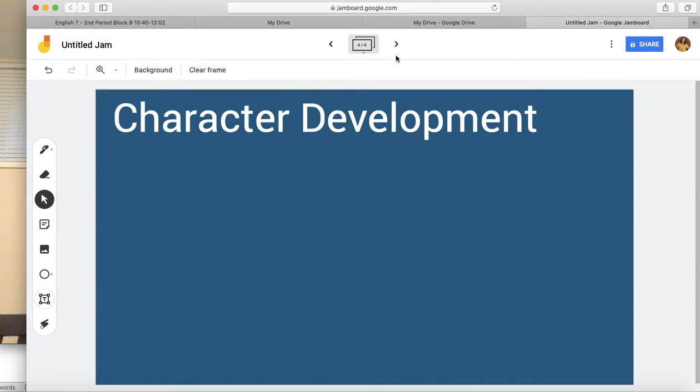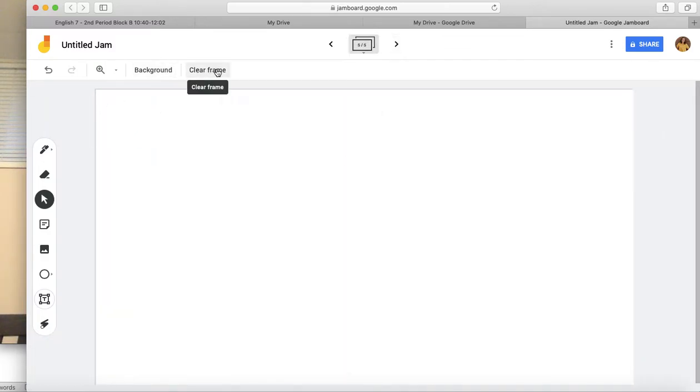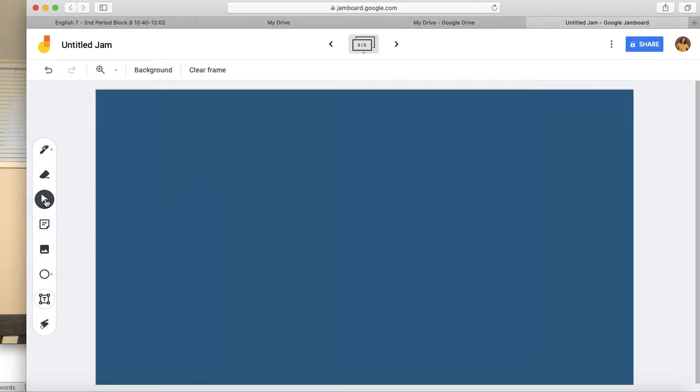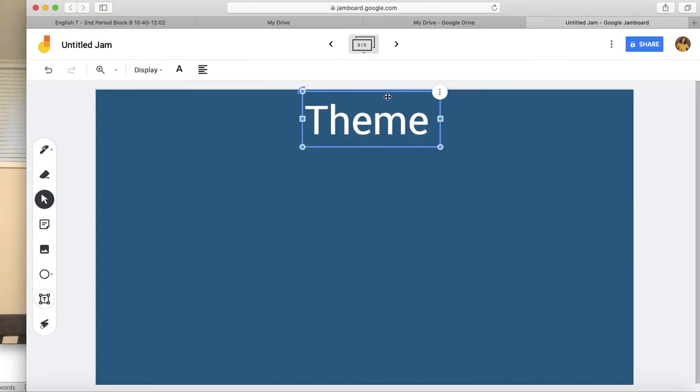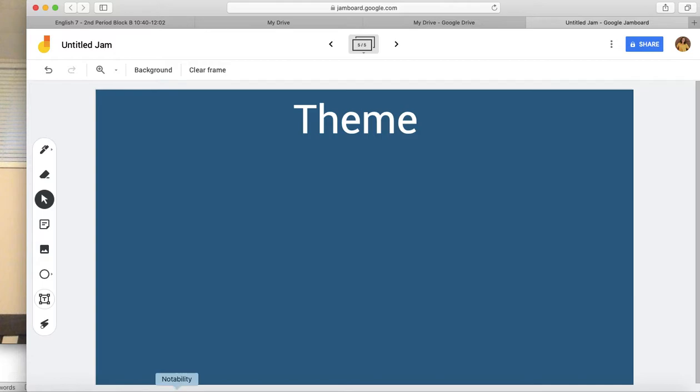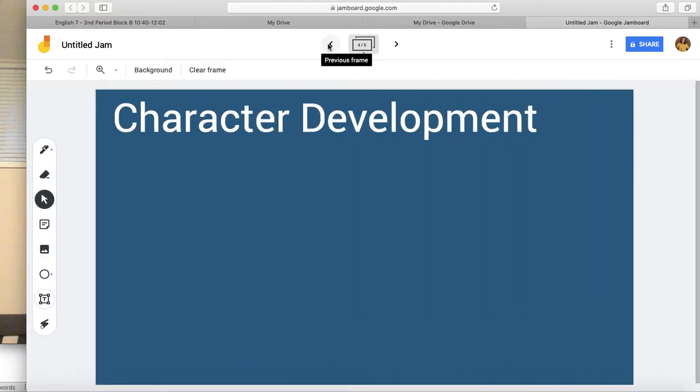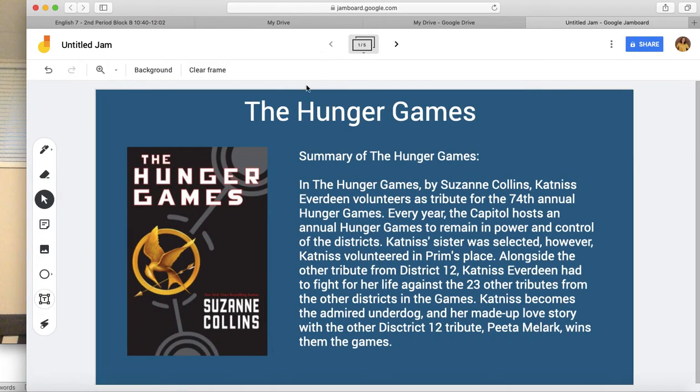And then it's pretty easy to create another page in Google Jamboard too. You just click the next frame and it creates one for you. And then students are also going to be looking at theme from their books. So I'm going to go here, create another text box, and take a look at theme. So back to my first few pages here,